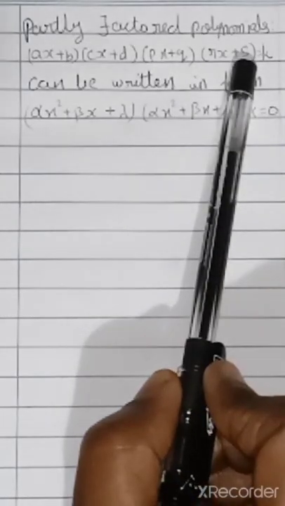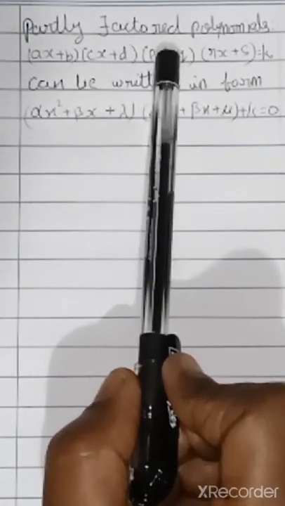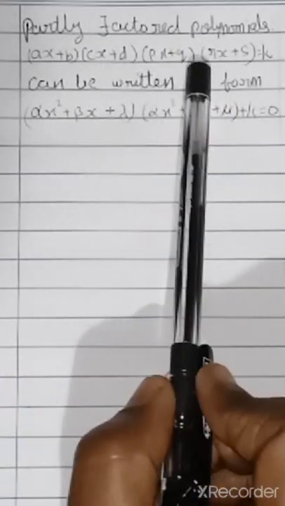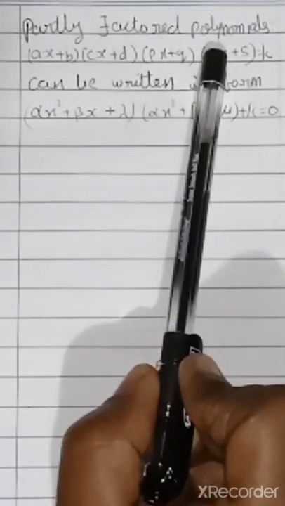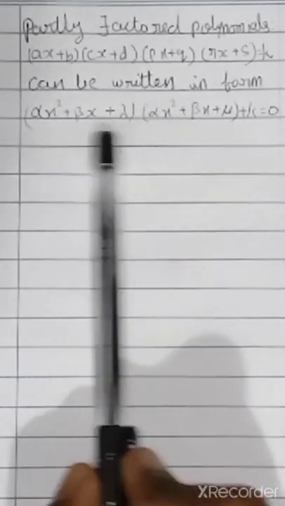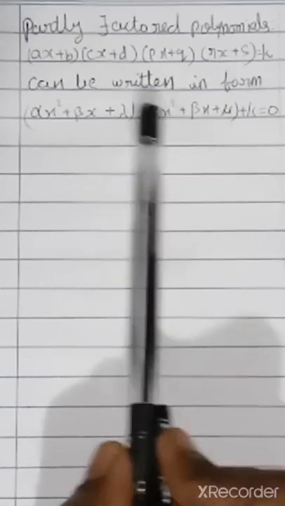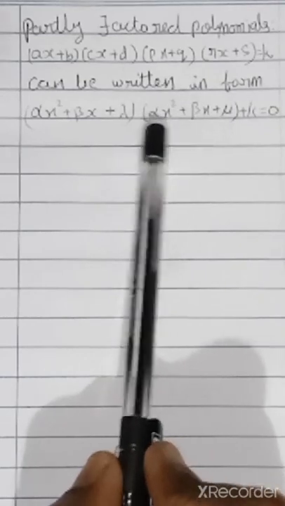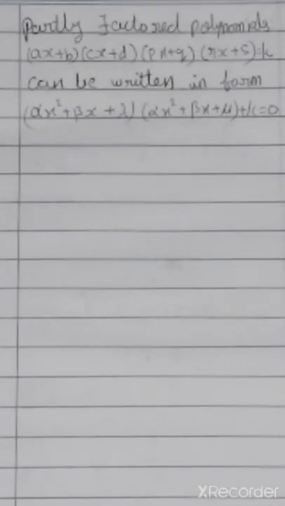Those four factors you have to group into two terms, like these two terms or those two terms, or first and last, second and third, whatever it may be. After grouping, you will get two terms, and what you have to notice is that the x square and x terms should be equal in both terms. If you combine like that, the problem will be easy to do. That's all. Is that okay? So finally you have to get the x value only.